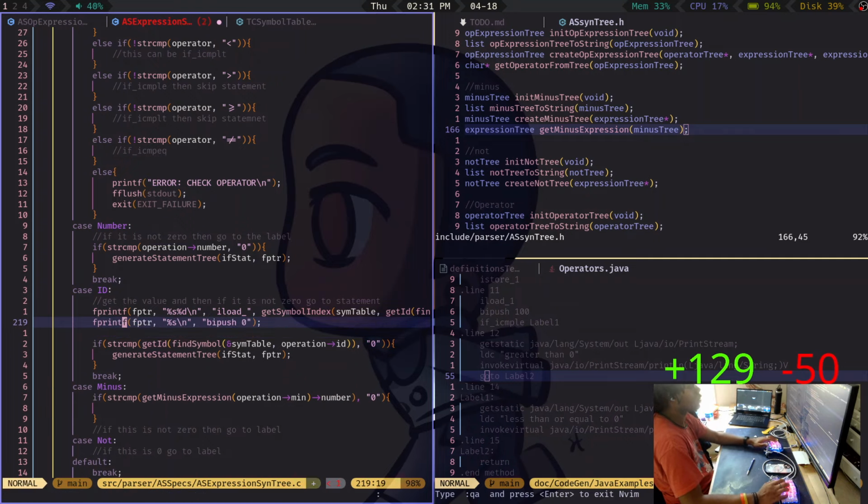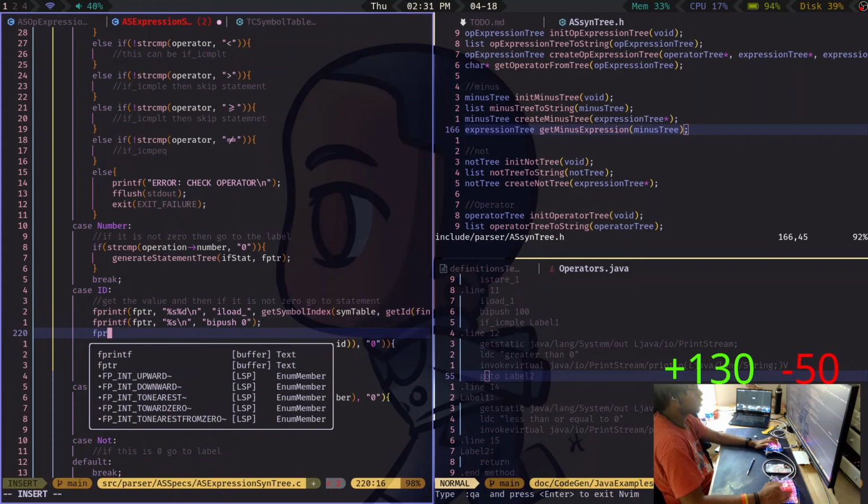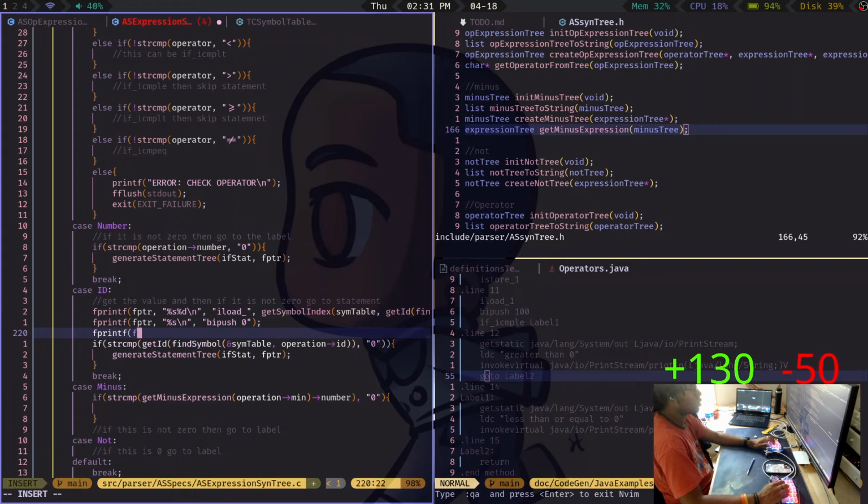F, print F. So then we say, hey, if this is equal, I compare equal, then we go to label, we go to label.